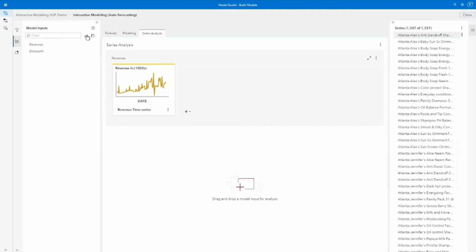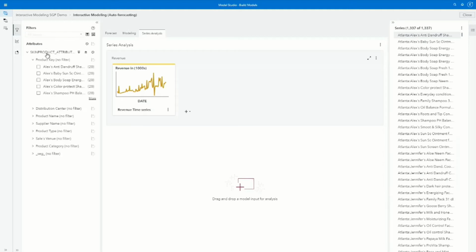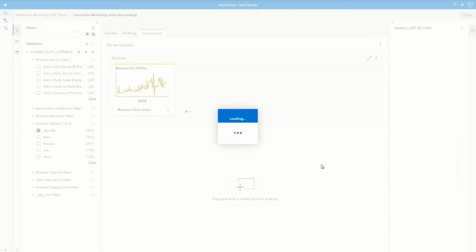Okay, so now here you can see that I am on, let me first go here on the filter tab. This brings up our faceted filter, which is available in our viewers and in overrides. And I'm going to select a specific supplier, just narrow it down to one supplier.